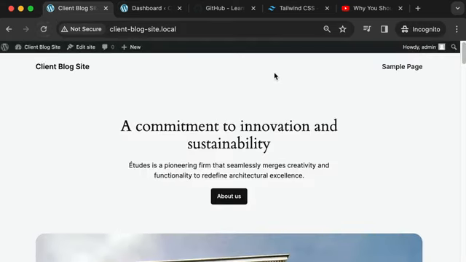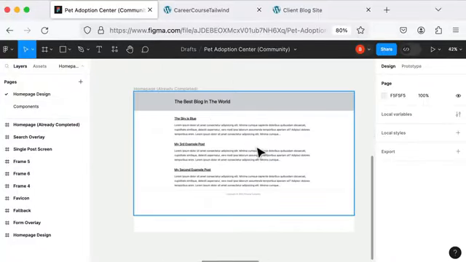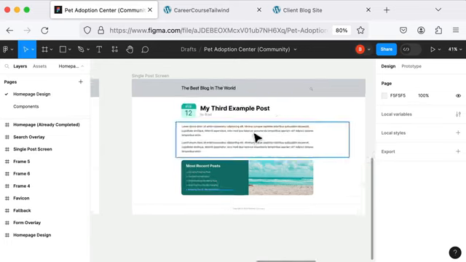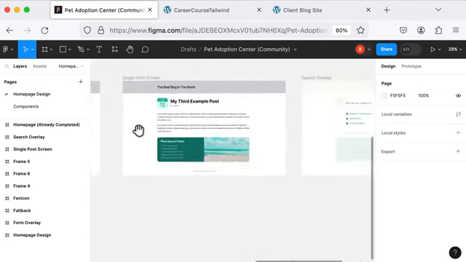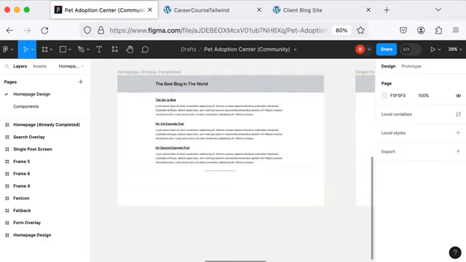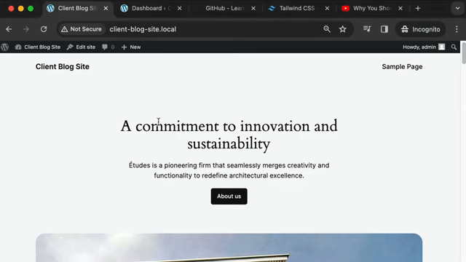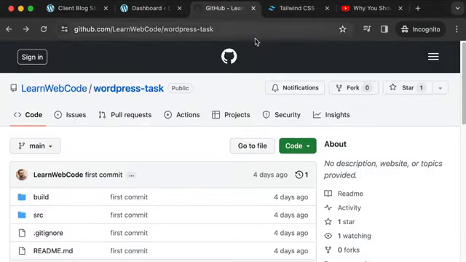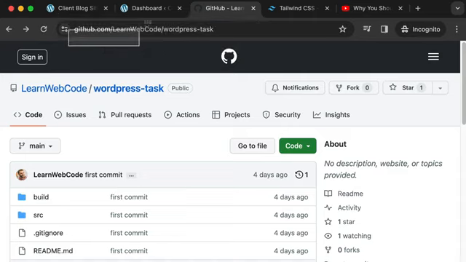Cool. Now from here, what I want to do is let you copy over the theme that I've already started creating. Remember, if you look at the Figma reference design, I've already set up the homepage for our theme, and I just need your help implementing the single post view screen as well as the live search overlay. So to get this homepage styling set up so it looks like this instead of this, here's what we're going to do. Right now, I want you to visit this GitHub repo that I've set up. You'll find a link to this repo below the video call player that we're on right now, but it's just my GitHub and then